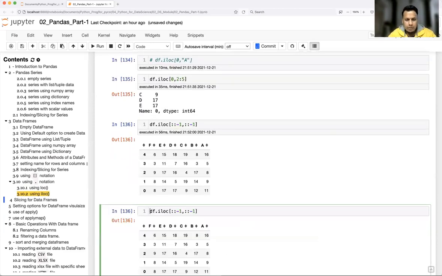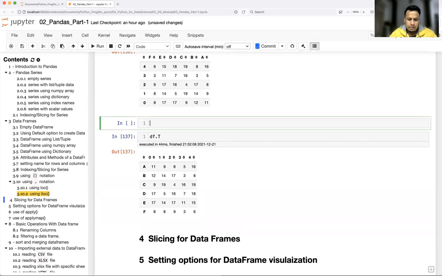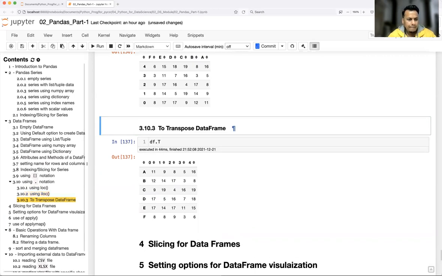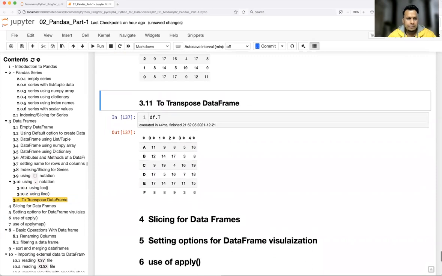Okay, can we do transform? Let me see if we have. Yes, you can do that. So rows will be converted to columns and columns will be converted to rows. Sorry, not transform, transpose. Okay.